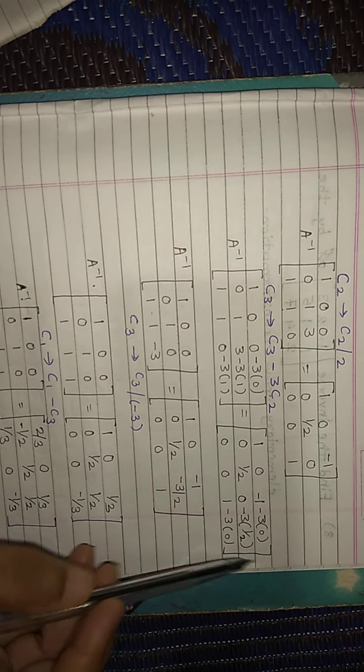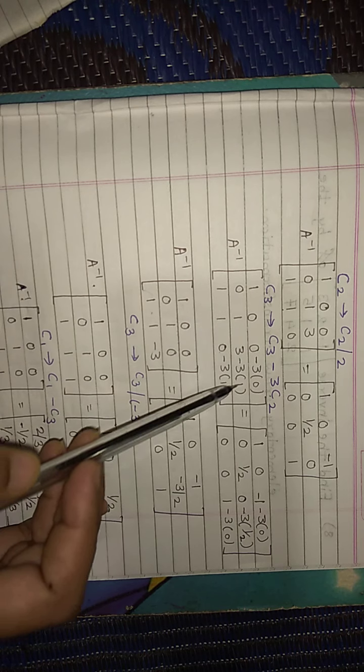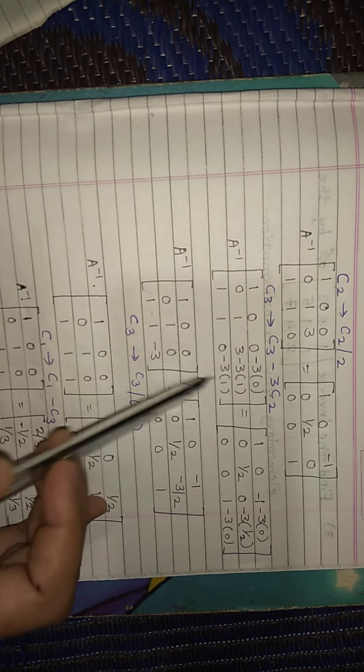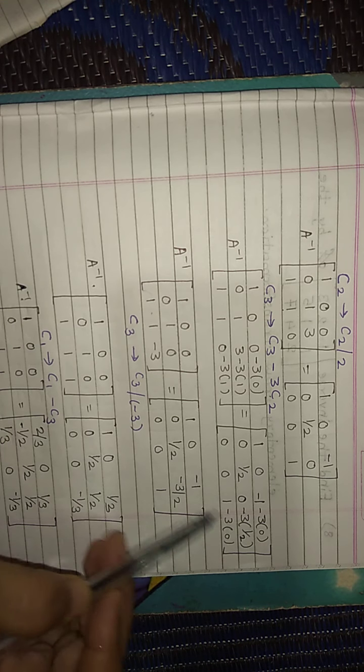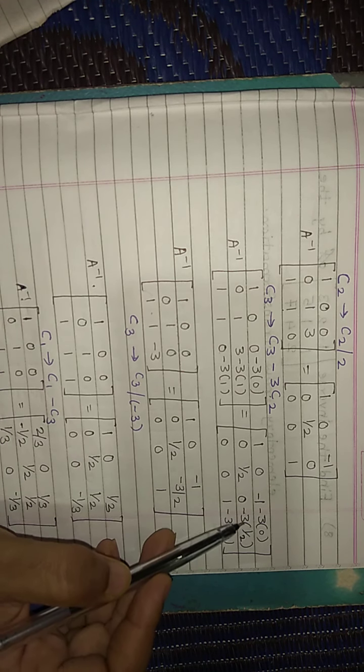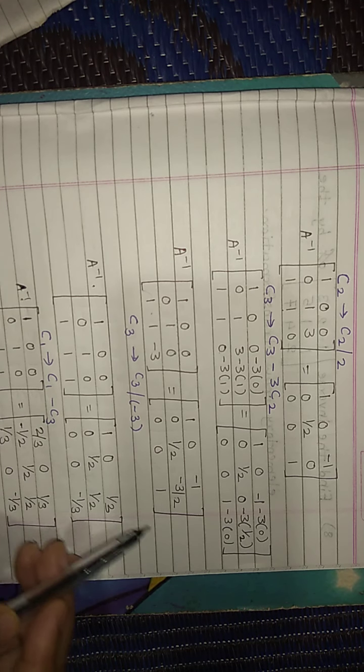All this transformation we write here. So solve this transformation. 1, 0, 1, keep it as it is. 0, 1, 1, keep it as it is. Now 0 minus 3 into 0, 0. So 0 minus 0, 0. 3 minus 3 into 1, 3 minus 3, 0. 0 minus 3 into 1, minus 3. Here minus 1 minus 3 into 0, 0 minus 1. 0 minus 3 into 1, 3 upon 2, minus 3 by 2. 1 minus 3 into 0, 0. So 1 minus 0, 1.